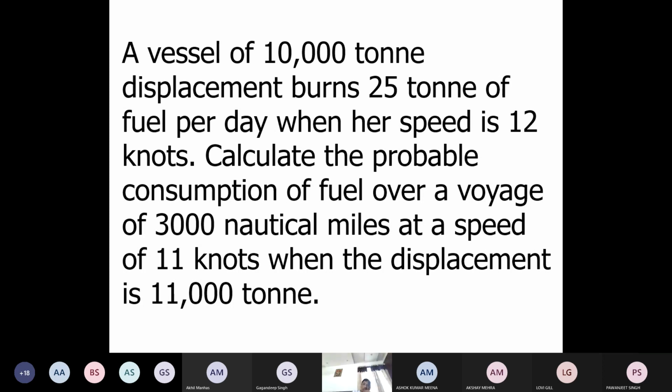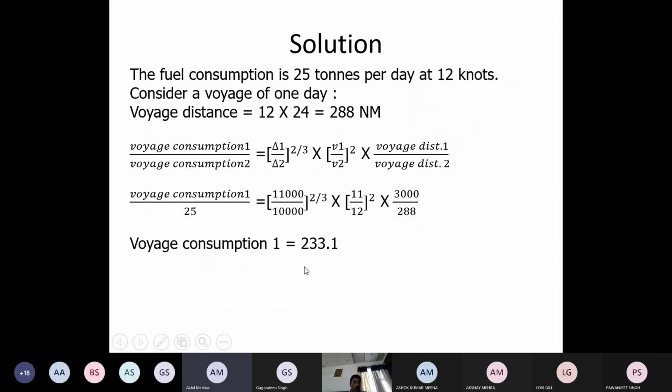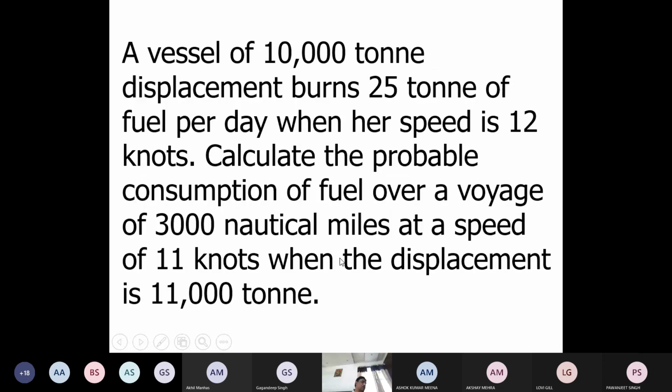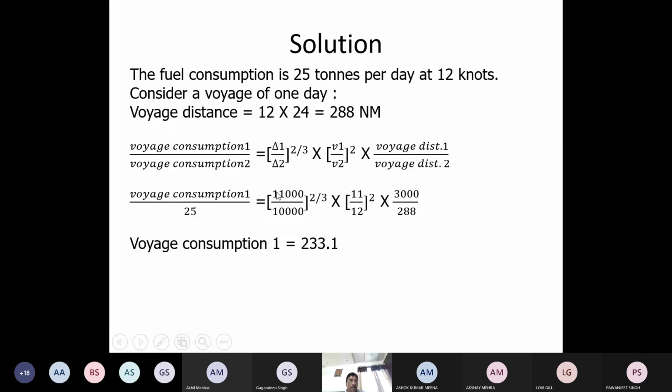So 233.2. Yes, sir. 233.177. 233.17. Yeah, one is okay. Very good, excellent. So you did with the daily consumption formula or voyage consumption? Voyage consumption. हाँ ठीक है, फिर तो फर्स्ट क्लास। तो दोनों से सेम ही आएगा।